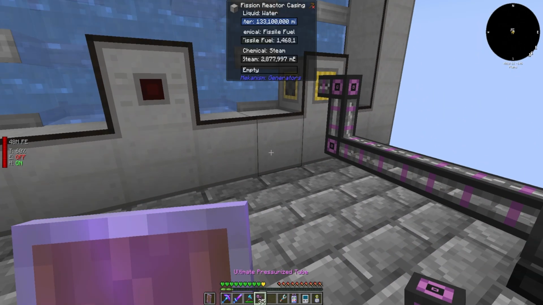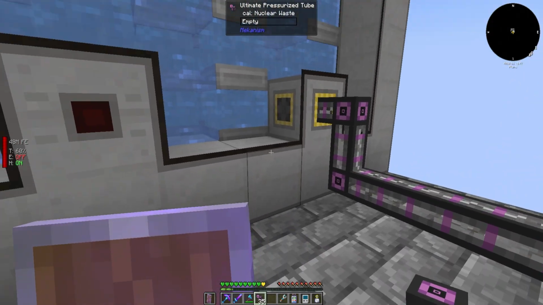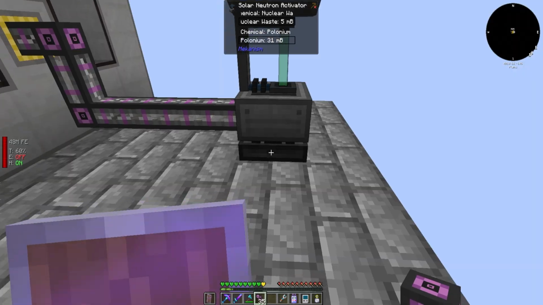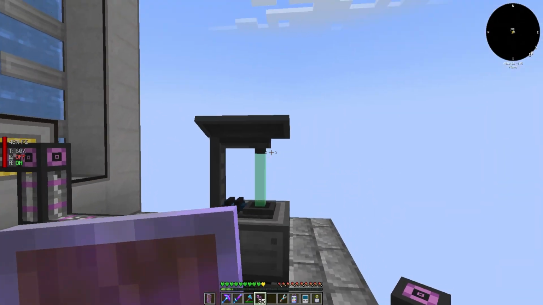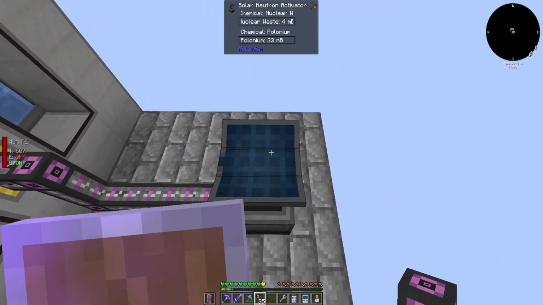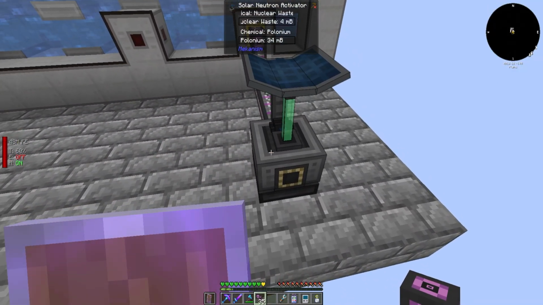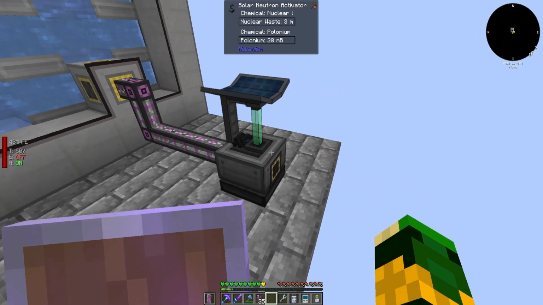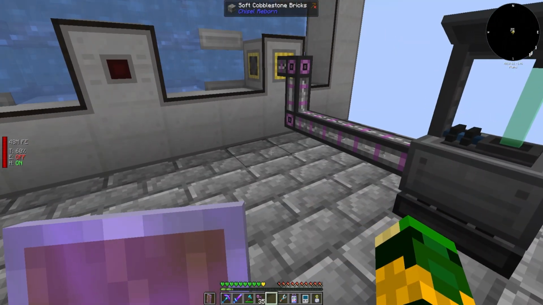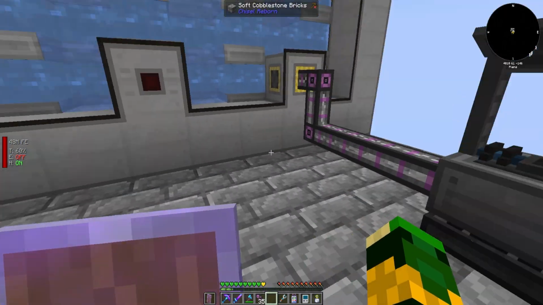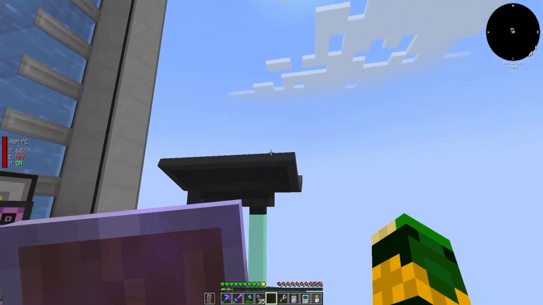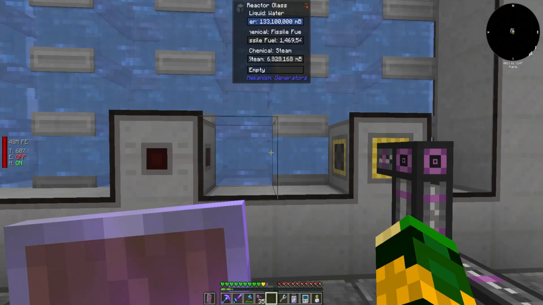So this thing, we're going to have to run this primarily for generating the polonium. And once we get this thing moving so that it's actually generating a lot more than what it's doing right now, we'll end up having to have 2 or 3 of these or more set up. Now, these only work during the daylight hours, right? So this is not something that we can use at night. So we're going to have to make sure that at night, we don't have a whole lot of nighttime hours. So we're going to have to end up setting a system up to advance the night into the daylight so we can keep this generating at a longer rate.